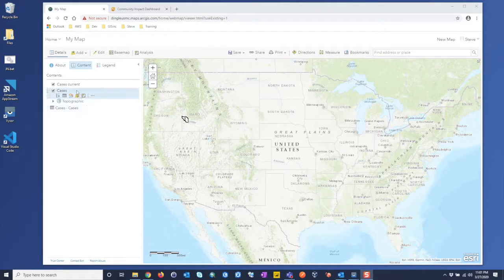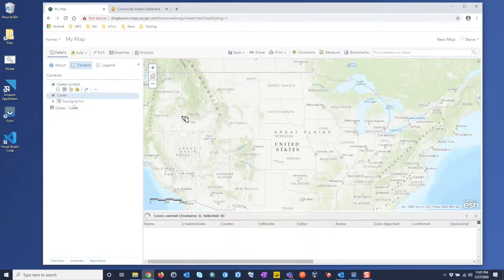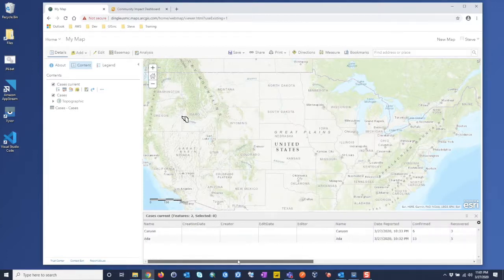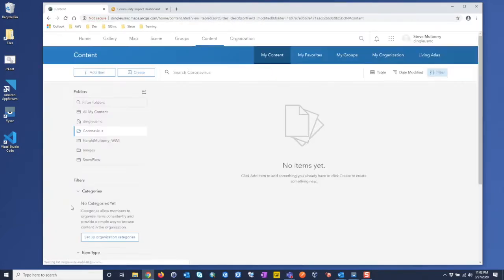Okay, so that finished, and now we can see we have this new cases current view, and in that view I should see the 2 records that I've added initially in there, and now I have the new field, new cases. So the next time I start adding data or updating information, I now will see that information here for new cases. Okay, so we're making our way down the list here. We're almost there. So I'm going to go back to my content folder,